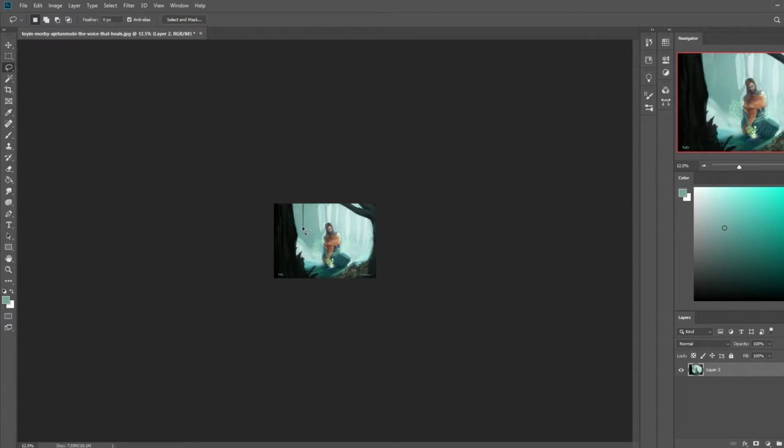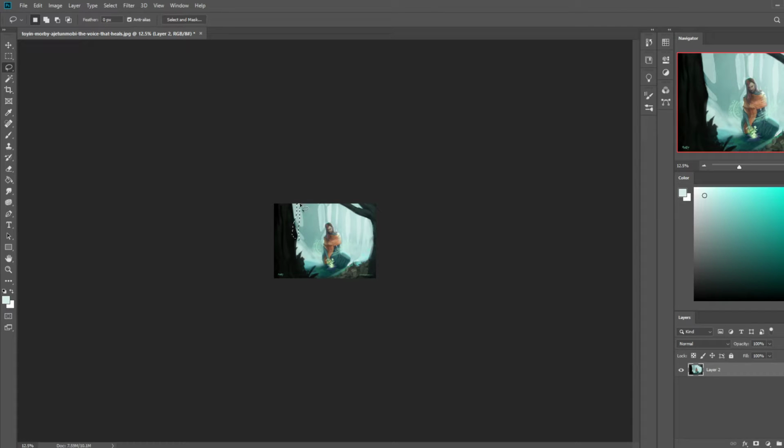This tree, I feel, is a little bit too chunky. I feel like it needs a little bit more form. And then maybe there's another tree in the distance somewhere out there.